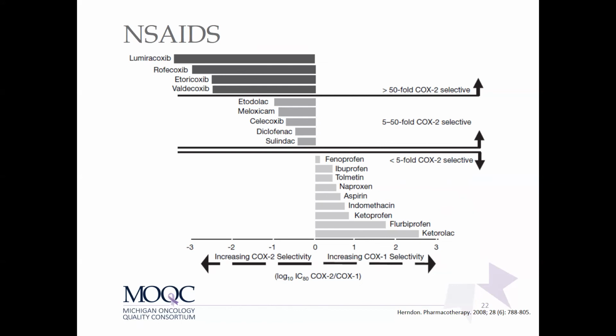So think about it this way. The more selective you are to COX-2, the safer for patients with a GI history of bleeding, because you're not inhibiting COX-1 in the GI tract, and therefore you're avoiding or minimizing those antiplatelet effects. On the flip side, the more selective you are to COX-1, it's likely safer for patients with a cardiovascular history,